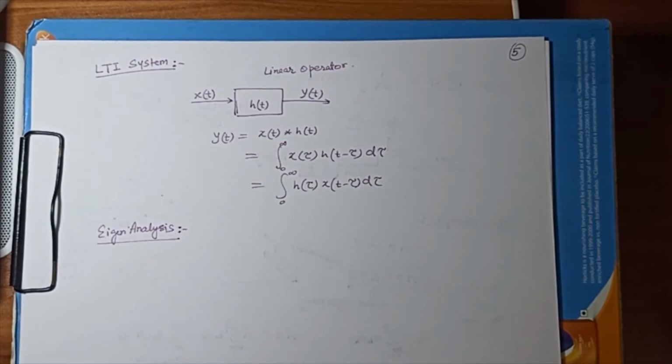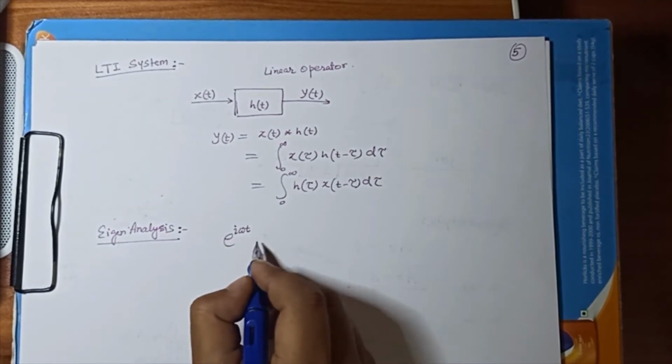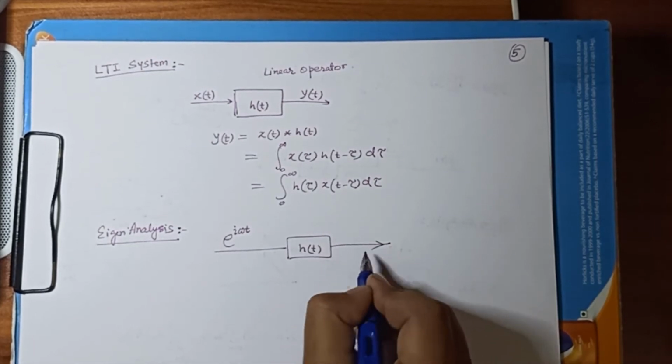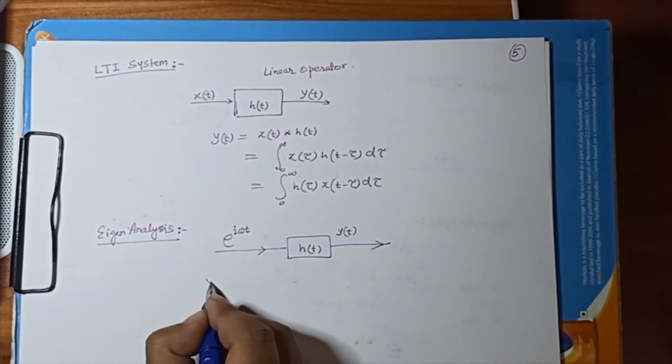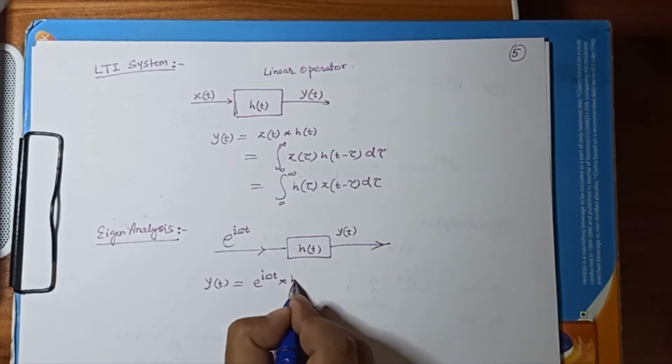And you know from linear algebra the eigenvalues are called the spectrum, right? So in this case, is there any eigenvalue or any eigenfunction for the convolution operator? Do you know anything? Yes, we know one, that is the complex exponential function. So let us see, if e to the power i omega t is passed through h(t), what output you will get. So simply do the convolution. Say the output is y(t). So y(t) is equal to the convolution of e to the power i omega t with h(t), and that is equal to